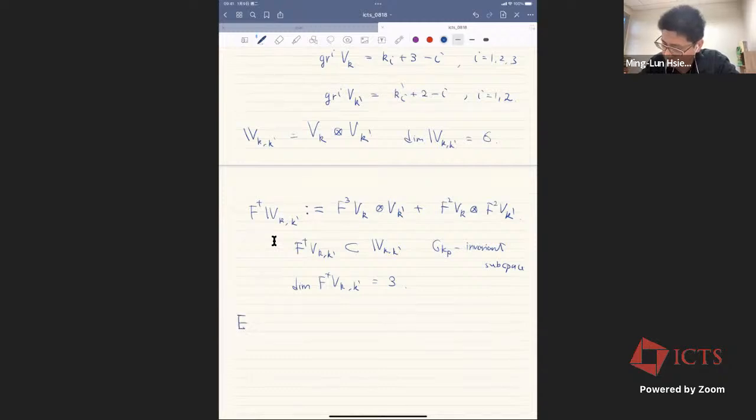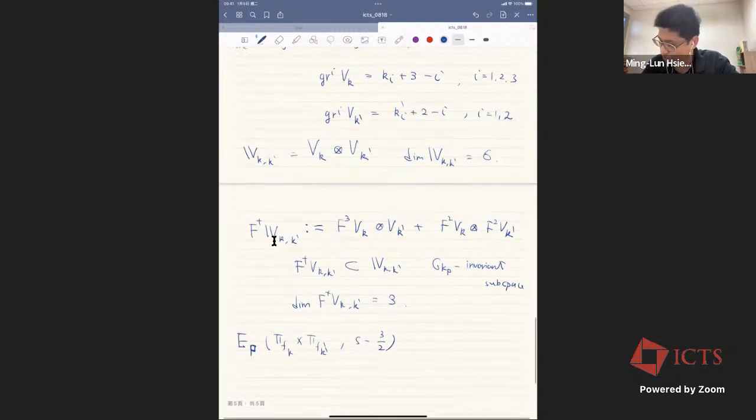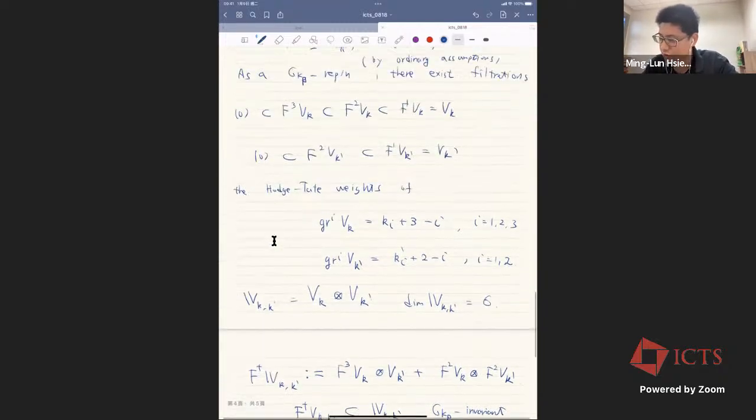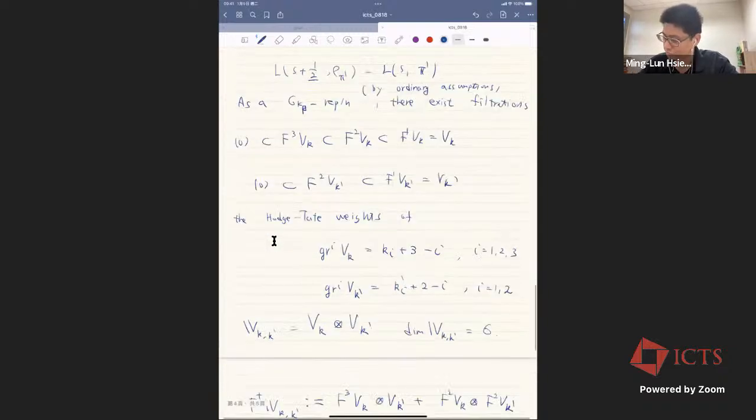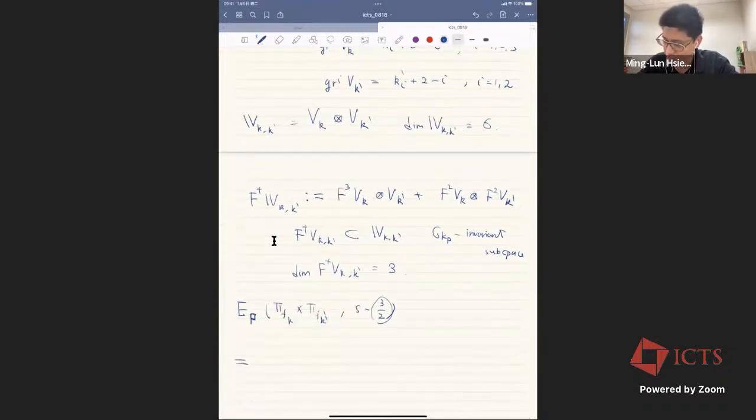So we define E_p of pi, f, k, with a shift of minus 3/2. This is defined to be the local L factor associated with this subspace,